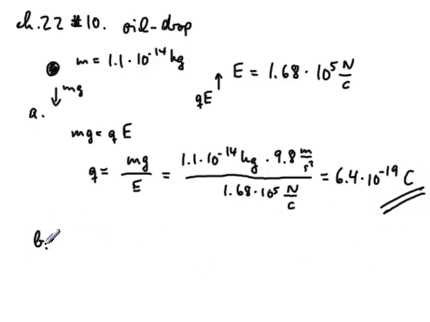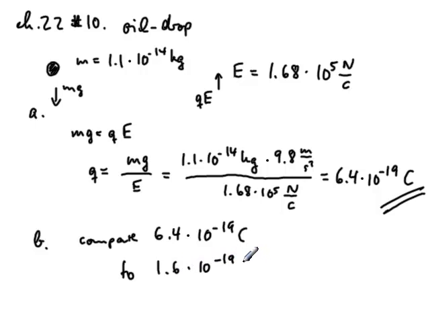Then there is part B that says, how many extra electrons are on this particular oil drop, given the presently known charge of the electron? Well, I look up the charge of the electron, and it says 1.6 times 10 to the negative 19, and that kind of looks similar. So compare our answer 6.4 times 10 to the negative 19 to the electron charge of 1.6 times 10 to the negative 19 coulombs,